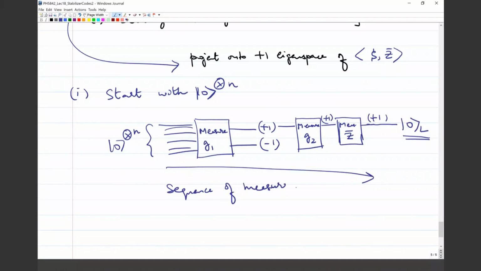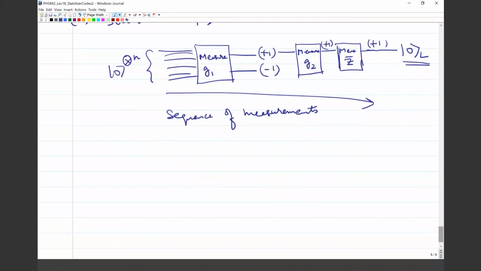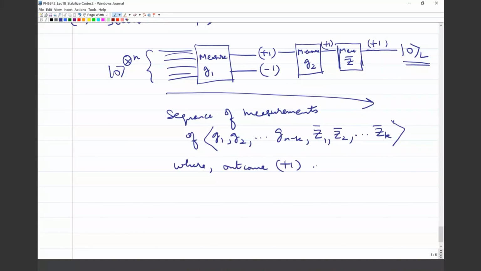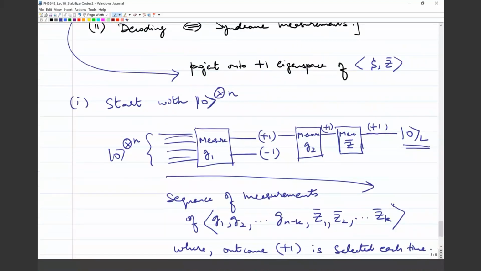So it's basically a sequence of measurements of G1, G2, etc., G(n-k), and then the Z1 bar, the Z2 bar, however many logical qubits there are. If I say k, then there's going to be Z2 bar, etc., Zk bar, where the outcome +1 is selected each time. What I mean by that is if the outcome is -1, then you have to go back, or you have to keep track. So if the outcome was -1, then you simply have to keep track of all the -1s. And then the state that you will have is not 0L, but it will be one of the other logical